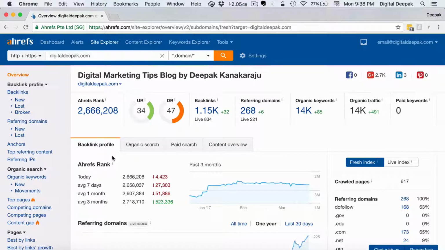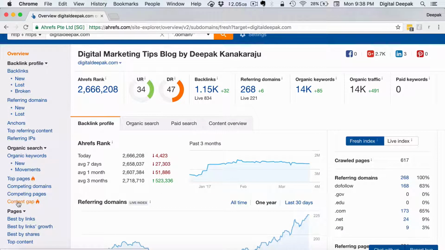I will show you more about how you can get new keyword ideas for your content marketing efforts. If you are doing content marketing, obviously you need new keyword ideas, and they can come from different sources. One is doing keyword research, and the other is using tools like Ahrefs, which has some unique features to show you some new keywords.